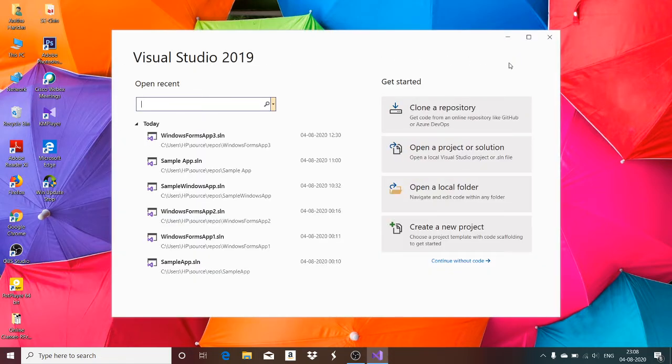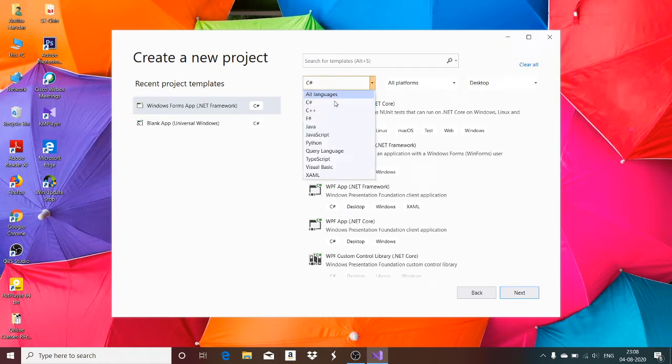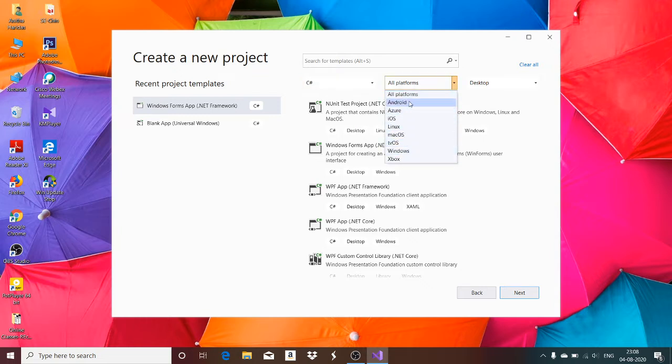So this kind of page will be opened up, and if you want to create a new project, you can click on new project. Since we are going to talk about window-based application programs, it will ask you what kind of application you want to develop. You can observe here, I select C# language. This is the place where you can select different languages that are supported by the .NET environment or the Visual Studio environment. I choose C#, and here you can specify for what platform you are developing the application.